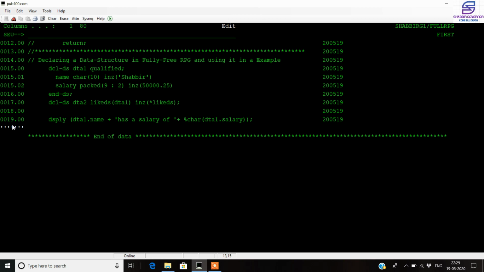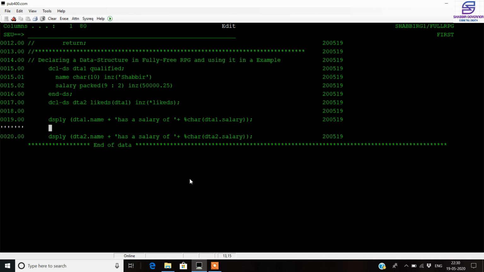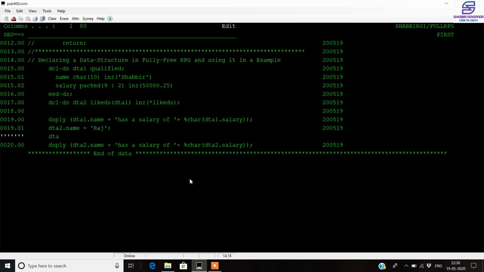So firstly what I will do is that I will repeat this line. Once repeated, I will change it to data structure 2 and has the salary of data structure 2. But you should note that data structure 2 also has the initial values of the data structure 1 currently. So to change that, we write DTA2 dot name is equal to some new name, and we also change the salary.